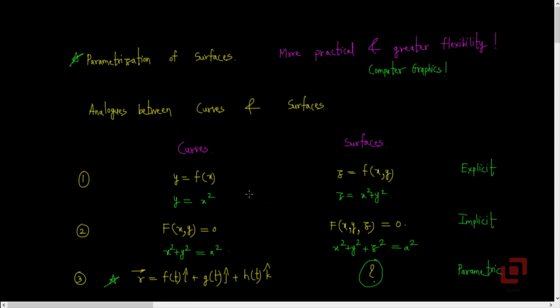You may get a hint that any curve being a one-dimensional entity has only one parameter in its definition. A surface being two-dimensional may or should have two parameters in its parametric representation. Now by one and two-dimensional, I mean the following. Curves only have lengths. They do not have areas or volumes. As opposed to that, surfaces have areas.